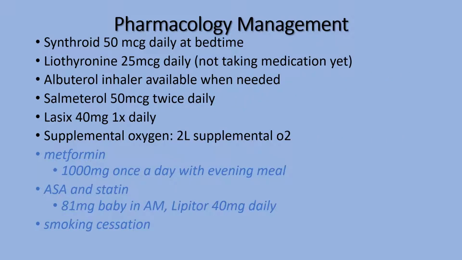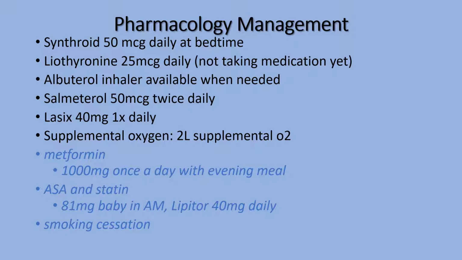So going home after Karen's stay at the hospital, she has some different medications that she received high-quality education about. Starting with Synthroid, she was prescribed 50 micrograms daily at bedtime. There was also the T3, the liothyronine, which she was not taking yet. This is on standby just in case the Synthroid wasn't going to work. She was given a short-acting beta agonist, albuterol. That's for her emergency inhaler, and she can carry it with her at all times and use it when needed. She also has salmeterol, a metered inhaler, 50 micrograms twice daily, and that's going to give her about 12 hours of improved